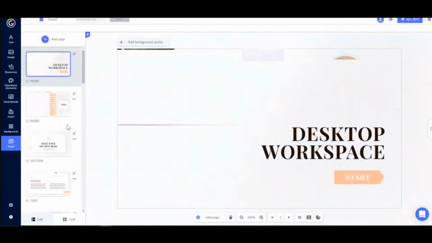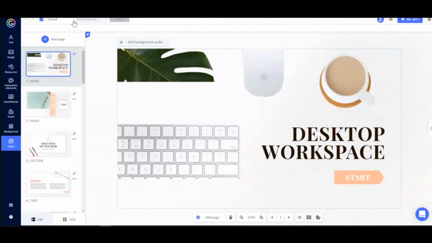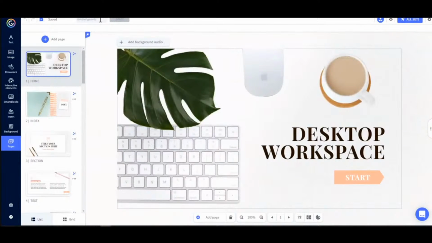Now, once we're inside the editor, we are going to start by adding our own textual and visual content. There we go. Now, the very first thing that I recommend you doing is naming your creation, which you can do up here in the title bar. This will help you find your creations back in the future when you have lots of awesome things made. Let's call this one